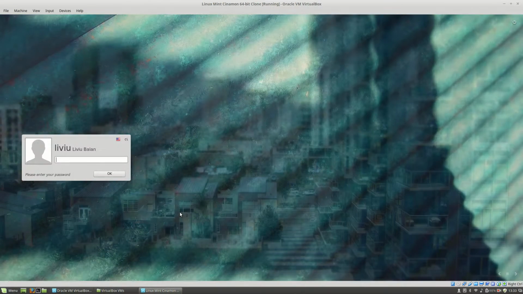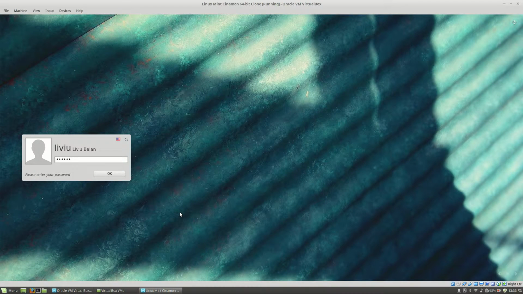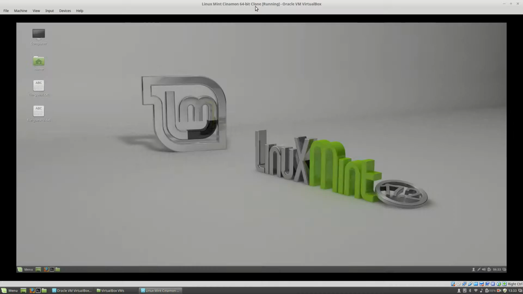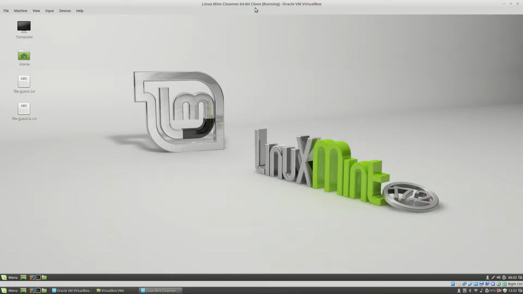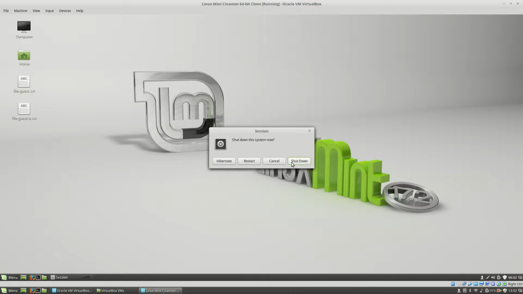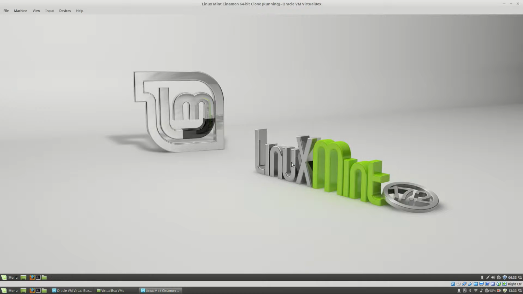So the machine has started, as you can see here in the title of the machine. I'm running the clone. So the clone saved the current state of the machine. Here you see file guest and file guest 2. If I shut down the clone machine,